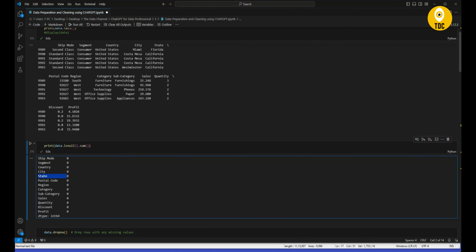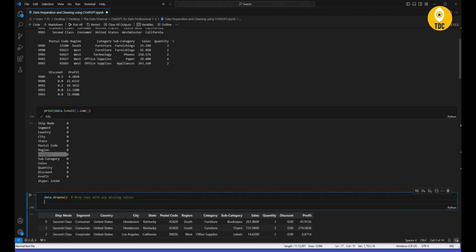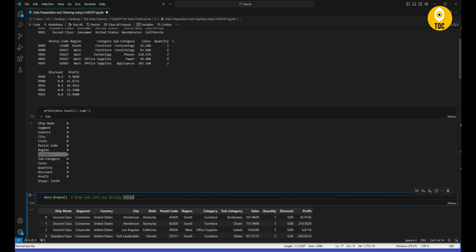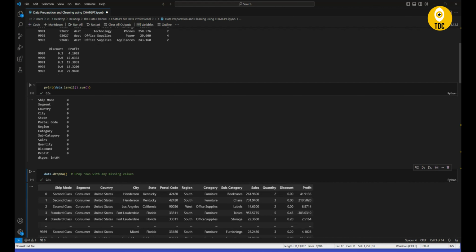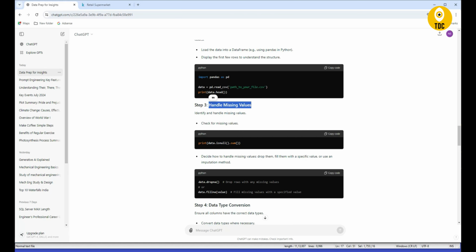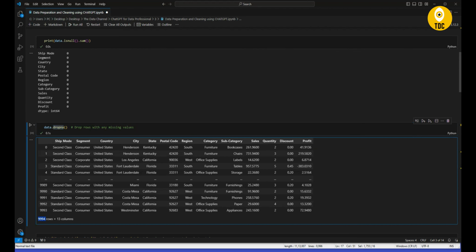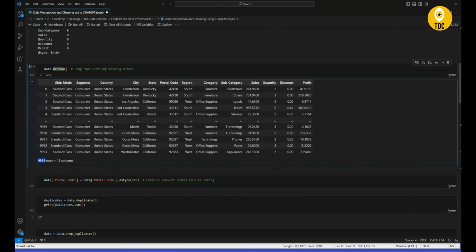Say for example, if there is a missing value for category, then you can drop rows with a missing value. You can consider that as noise and you can drop it. Here, since there are no data quality issues, if you execute this, the next step is where we drop rows with missing values, right? So here no rows are dropped. Okay,